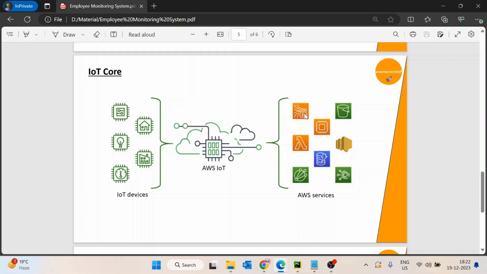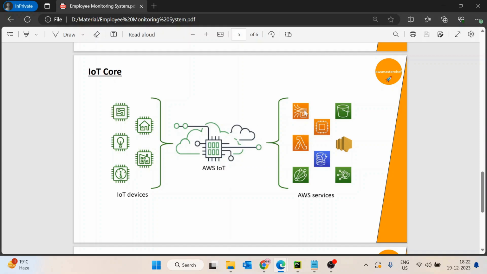Okay, so for our scenario, we will go to the AWS console, and obviously we will have an IoT Core. For each application, that is, for each laptop or each employee, we will create a device. Each device will subscribe on this AWS IoT Core. So let's understand what a subscribe is. Subscribe is basically me telling the AWS IoT Core, please notify me if you get anything for me, right? That is subscribe.